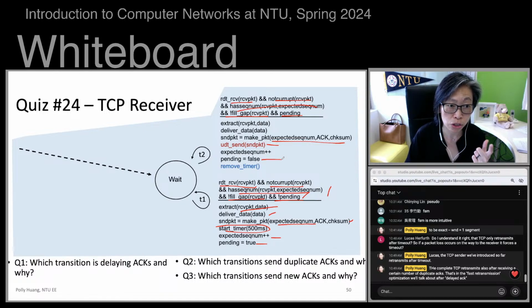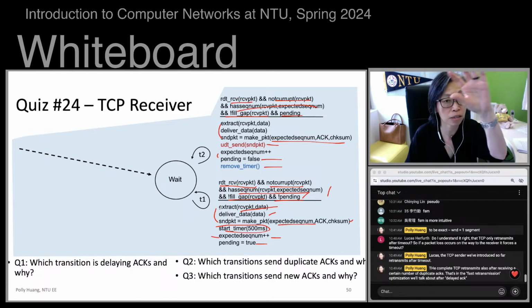But we change the pending state back to false and remove the timer. Other transitions are the same, as these are the actions regular Go-Back-N receivers would do. So these two transitions explain the two events in the delayed ACK mechanism.